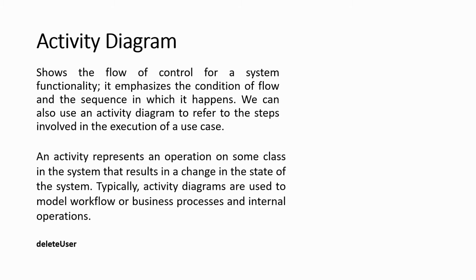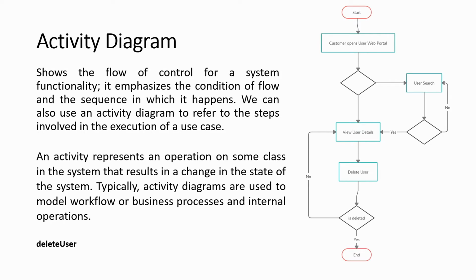All right, now the result could be that you will be able to delete it or you face some error. When you are able to delete it, then there will be an end of your activity for the delete user. If you were not able to delete it, you will go back to the user page and retry it. So this is the sort of sequence of steps or activities that we can perform in the delete user operation. If you would like to showcase it in an activity diagram, it will look like this. Every activity diagram will have a start and an end, where it initiates your activity steps and then terminates with the end.